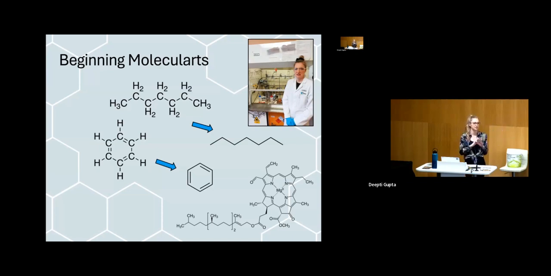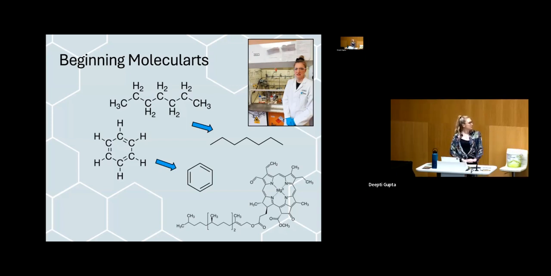That's the long-handed way of drawing them out. You have C's, which represent carbon atoms, H's, which represent hydrogen atoms. Lines between them mean they're bonded together. And then at the ends of the arrows, you can see some zigzags and hexagons. That's basically just, scientists are lazy. We like to get everything written down as quickly as possible. So we abbreviate our molecular structures in lines, essentially.